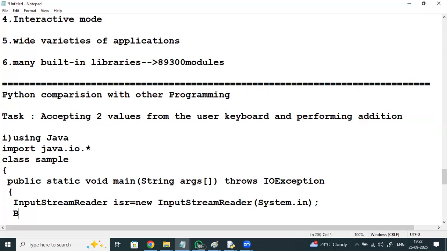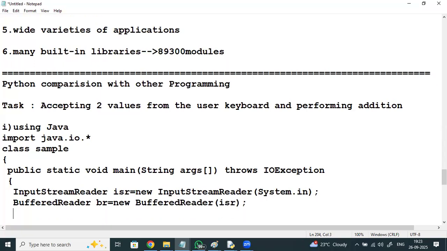Then a BufferedReader. I'll show you the same code in Python with very less coding and simple syntax. BufferedReader br equal to new BufferedReader(isr). System.out.println("Enter the first number").